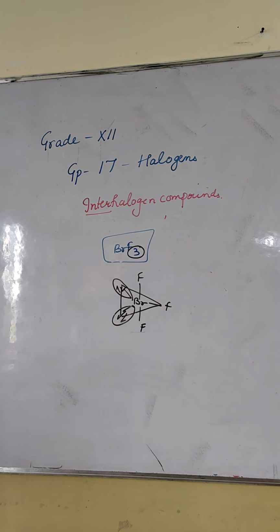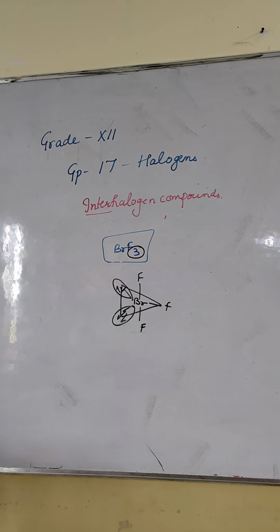So my dear students, that's all about group 17. In this class we have discussed HCl. Scheele prepared HCl in the lab by treating NaCl with concentrated H2SO4. It is a pungent smelling gas. Generally we use hydrochloric acid in the lab in liquid form. It is used in medicine and in acid-base reactions.